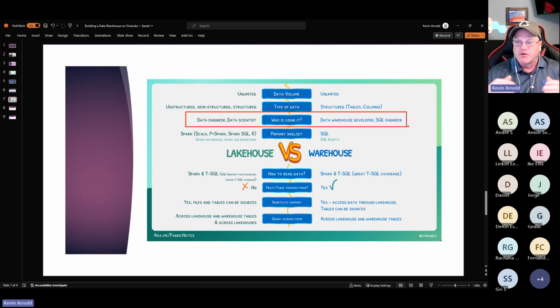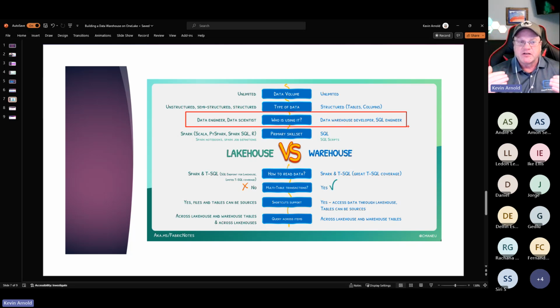So when we're thinking about cost of Fabric, it's capacity based. You're going to purchase a capacity. The cheapest one is an F2, and I actually have clients that I run on an F2. They're very small. Cost you $260 a month. It's going to cost you that $260 a month, whether you put one warehouse on it, one lakehouse on it, 5 warehouses, 10 lakehouses, whatever. It's going to cost you that same amount.